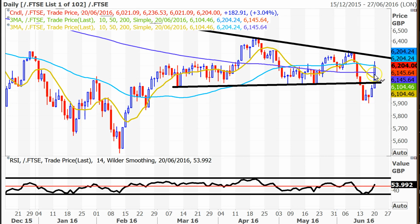Best stop loss at the moment probably around 61.45 on an end of day close basis, which is the 200-day moving average. Maybe you could stretch it down to 61.04, which is the 10-day line. But really at this stage, a little bit higher looks to be the view, even after all the gains that